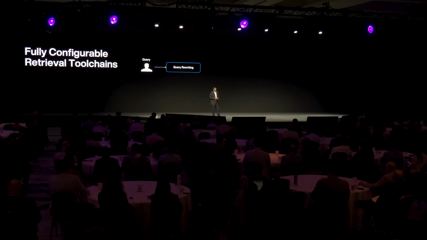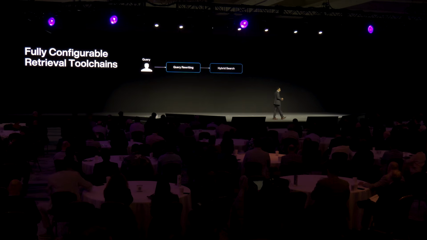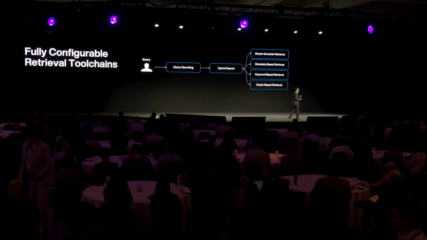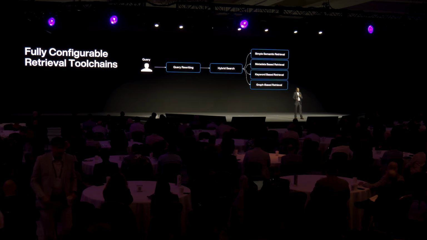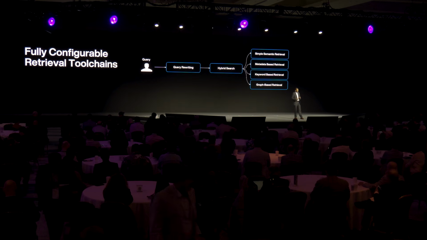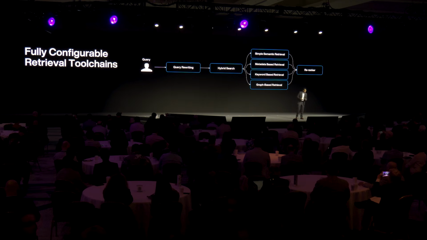So just to give you a sense of this, in one tool chain, which is an unstructured retrieval tool chain in C3, if a human asks a question, we first hit a query rewriting step, then a hybrid search step, and then you have 4 optional steps: semantic retrieval, metadata-based retrieval, keyword-based retrieval, graph-based retrieval. You can use one or all of them. You have a re-ranking step, you have a message building step, and you have a multimodal question answering step. Each one of these may have a dozen parameters behind them. And so you can think about the complexity of this, and there might be 20 of such tool chains within our agentic AI stack. And this gets to a very sophisticated system that can calibrate to high accuracy.